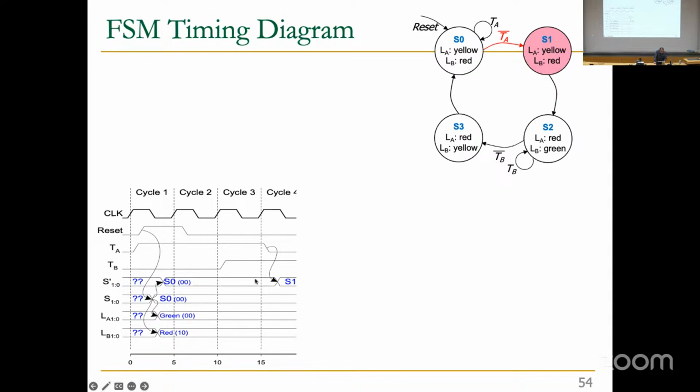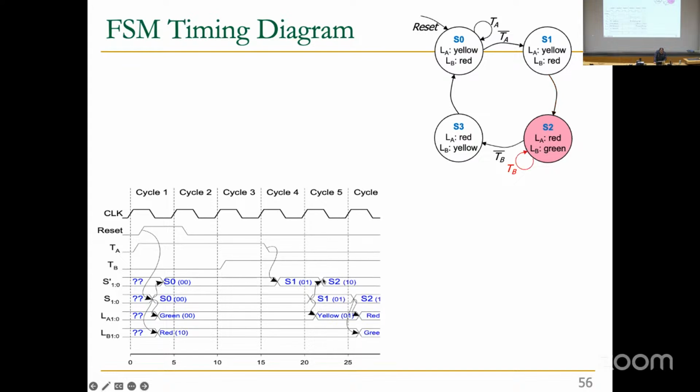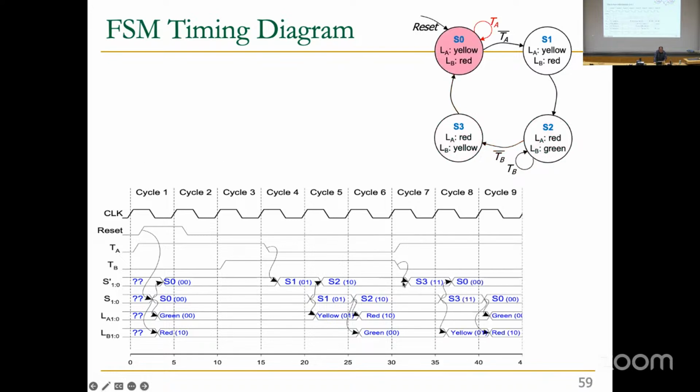So this combinational circuit says that, okay, the next state should be S1, but that happens at the clock edge, essentially. So the next state in your state register will become S1 at this edge. And also, when it is S1, after some time, the next state should be S2. That's why we have delay here. And then after we wait in S2, at this rising edge, the current state is going to be S2. And you can continue that for other cases.